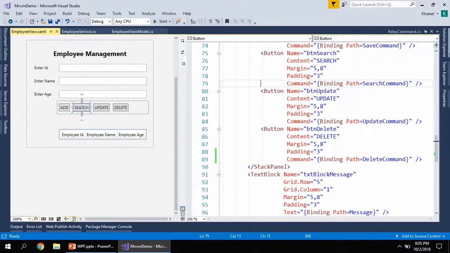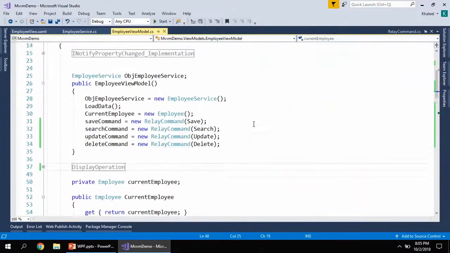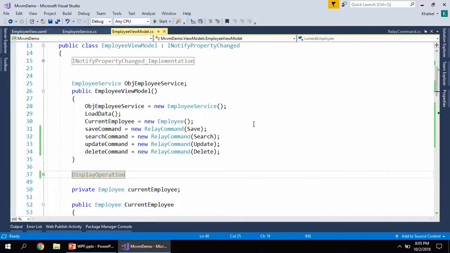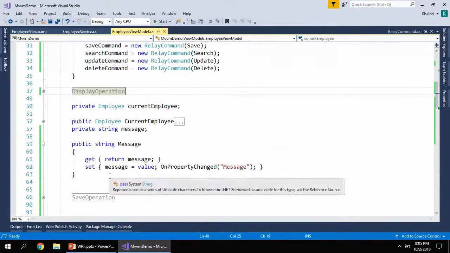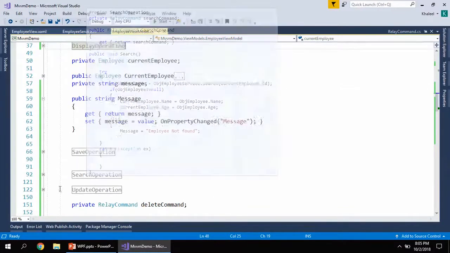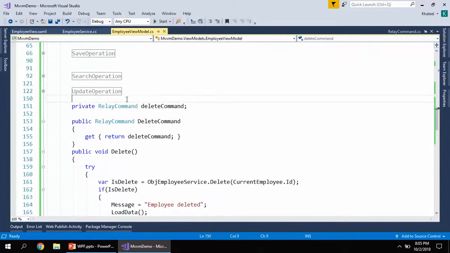And it is also possible to test your view models, because these are also simple classes. You can create objects of these classes and you can write unit tests for each one of these methods which we have. Like over here we have these methods save and all, we have these commands, we can perform unit testing for all these operations.